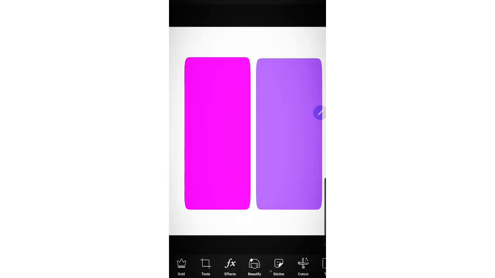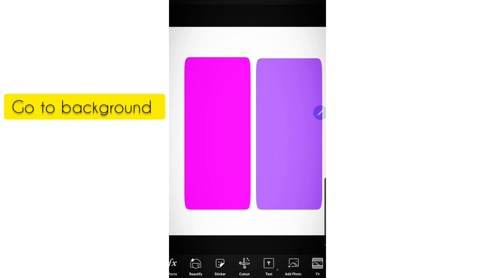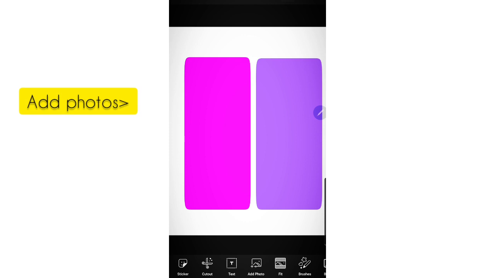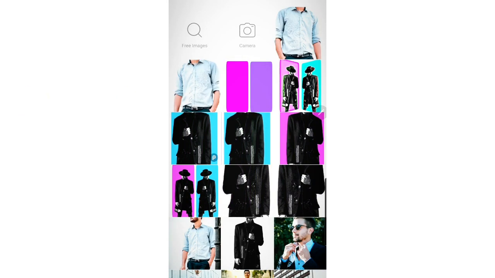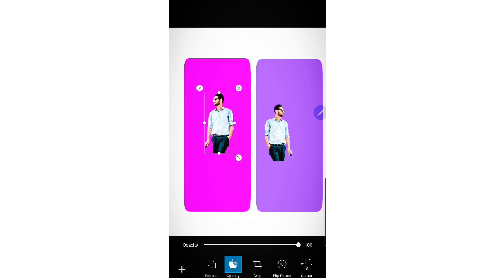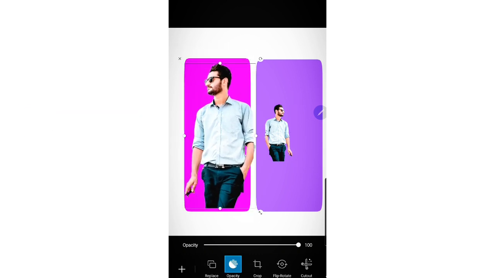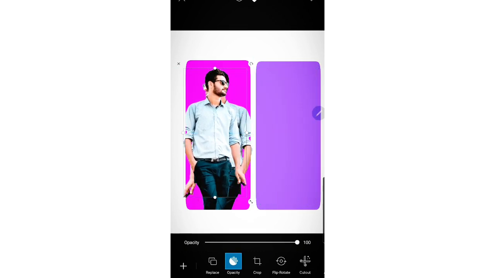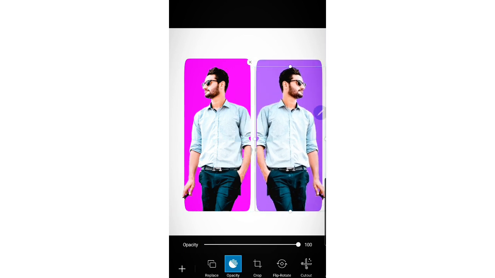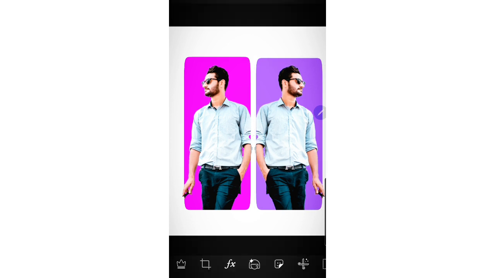Now you go to the background that you have created earlier and add the two flip and unflip versions. So I add my stickers here, and then